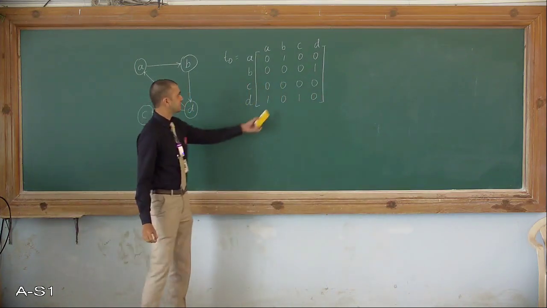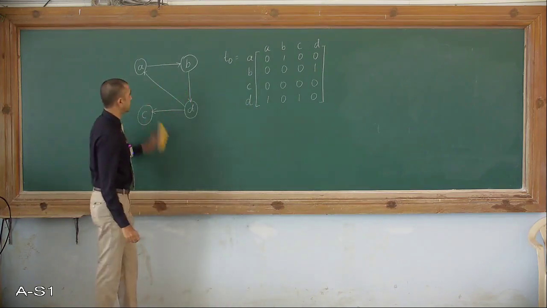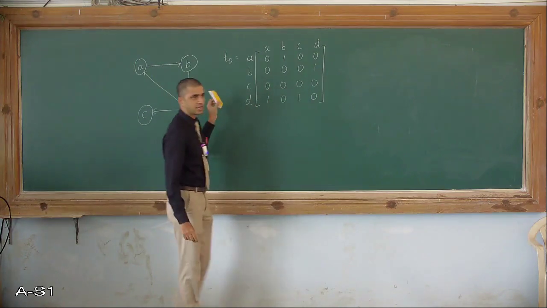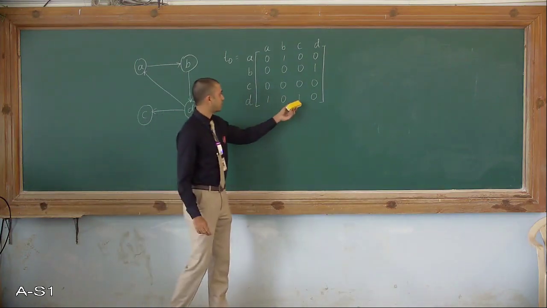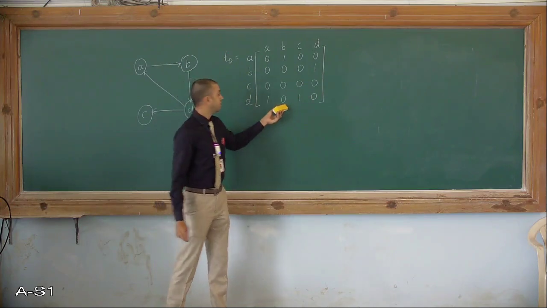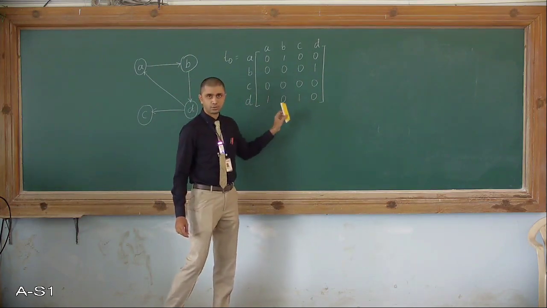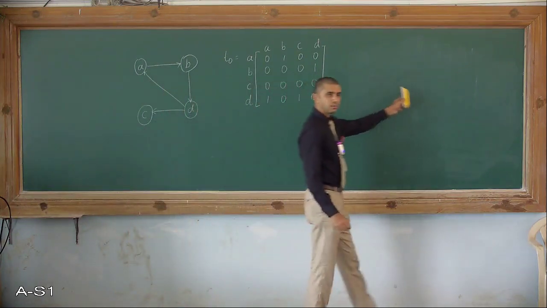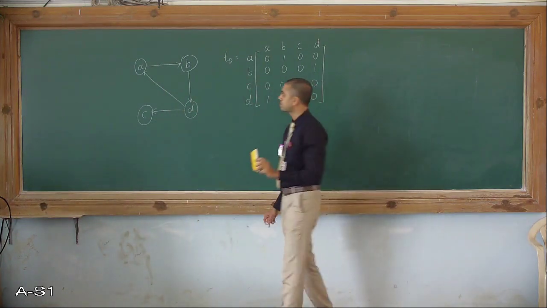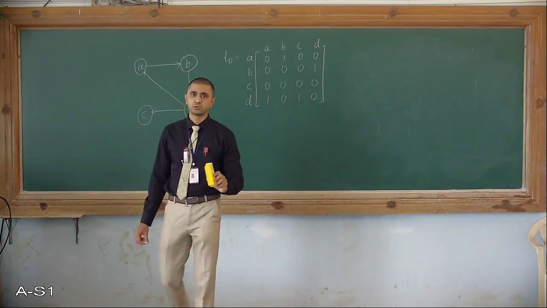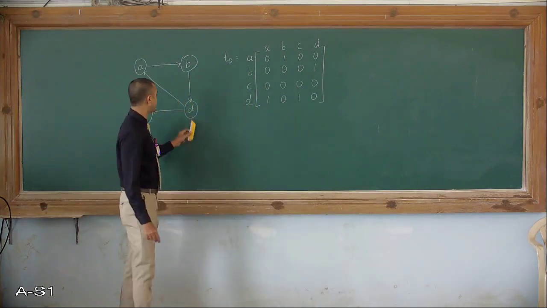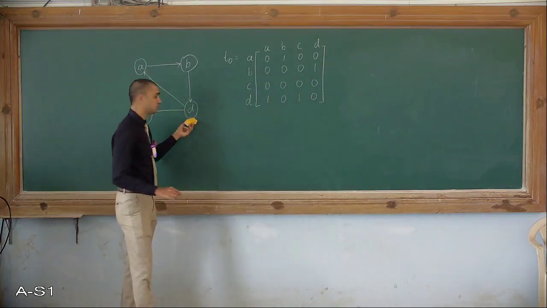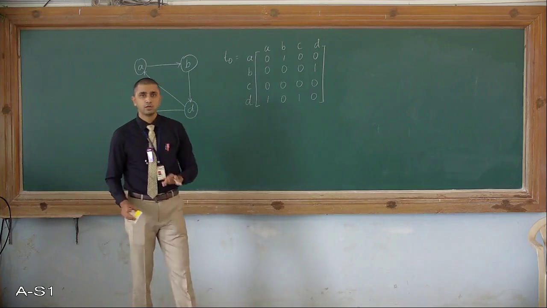So this is the adjacency matrix which I have got from this directed graph. It's a Boolean matrix with zeros and ones. If there is an edge between 2 vertices, there is 1. If there is no edge between 2 vertices, it is 0. I hope this is clear. Now using this, I'm going to generate n number of matrices, and the last matrix is going to give me the transitive closure. Since I have 4 vertices, I'm going to generate 4 matrices. If there were 3 vertices, there would be 3 matrices.